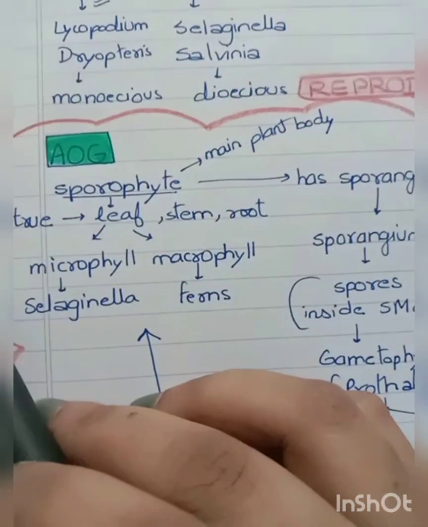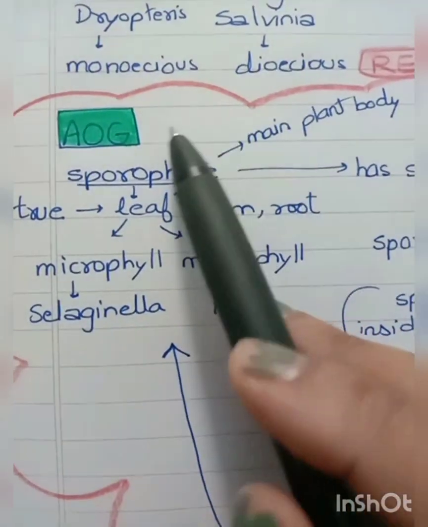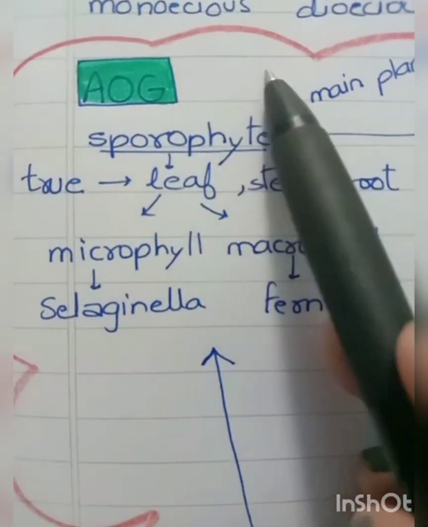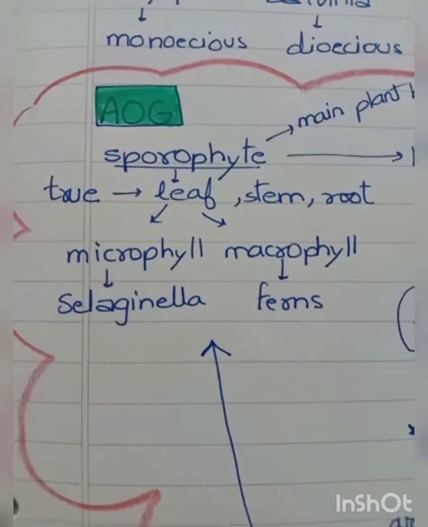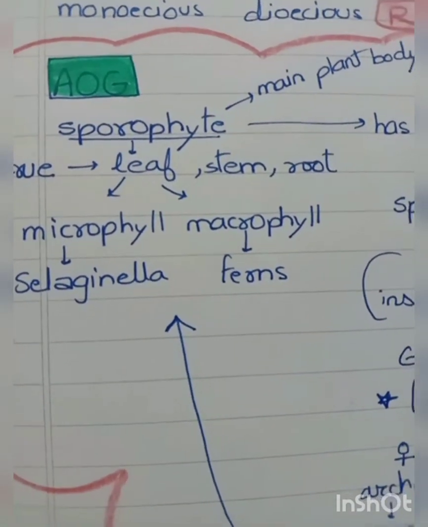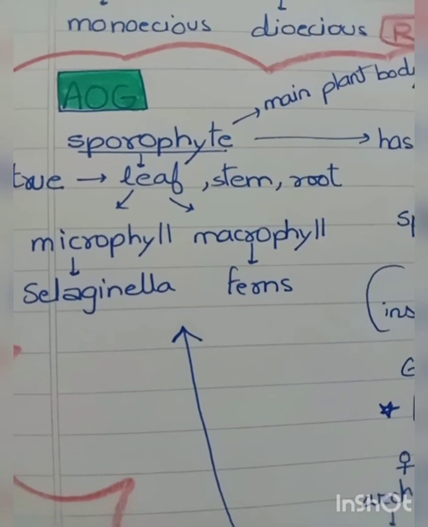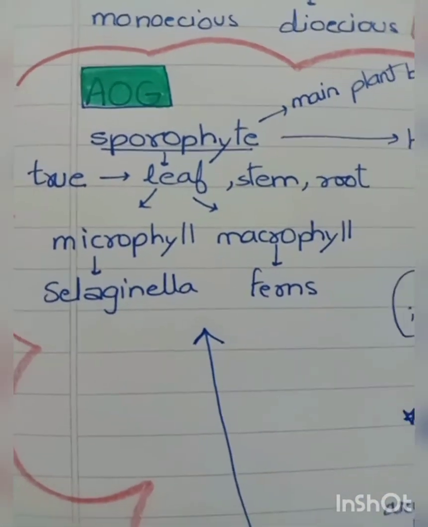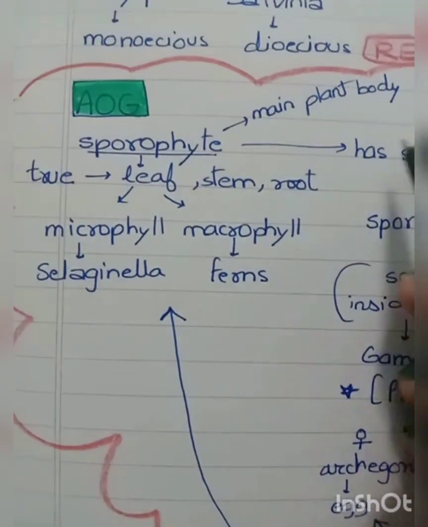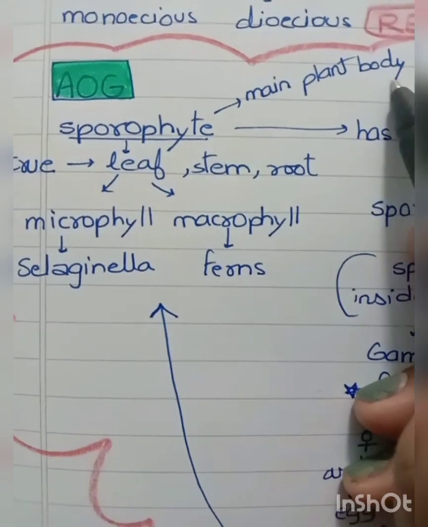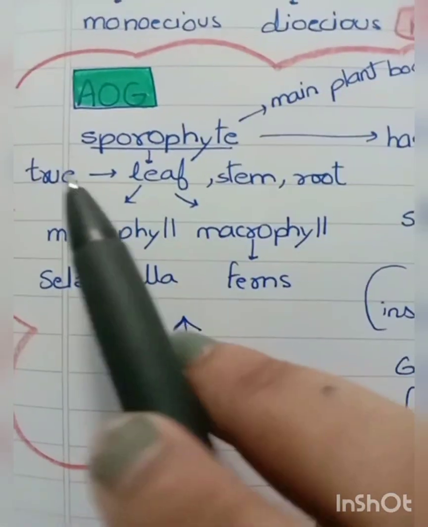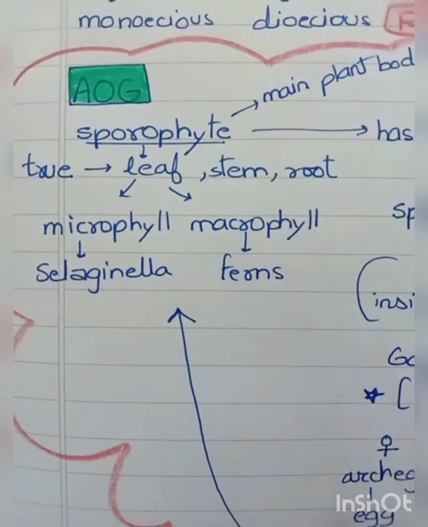Okay, just like the bryophytes, pteridophytes also show alternation of generation. Friends, actually, the actual meaning of alternation of generation is that the stage wherein the plant bears both haploid and diploid bodies. Okay, and of course, bryophytes and pteridophytes are examples of it. So let's study about it. Okay, the main plant body of a pteridophyte is obviously sporophyte because it's the dominant one. Hence, it bears true leaf, true stem, and true root.